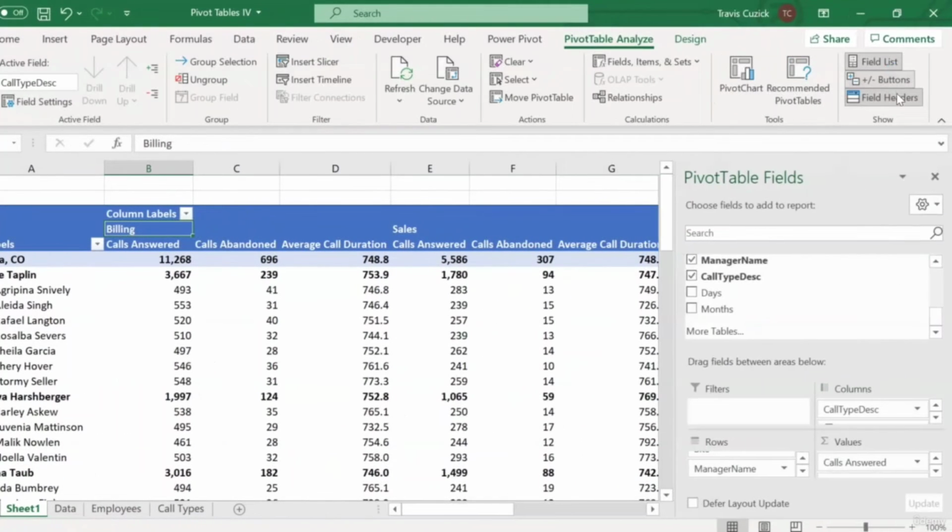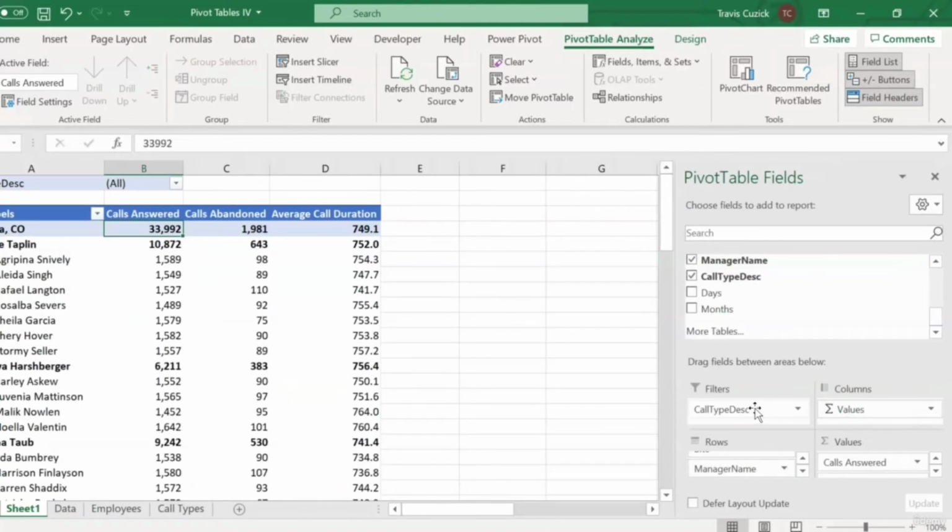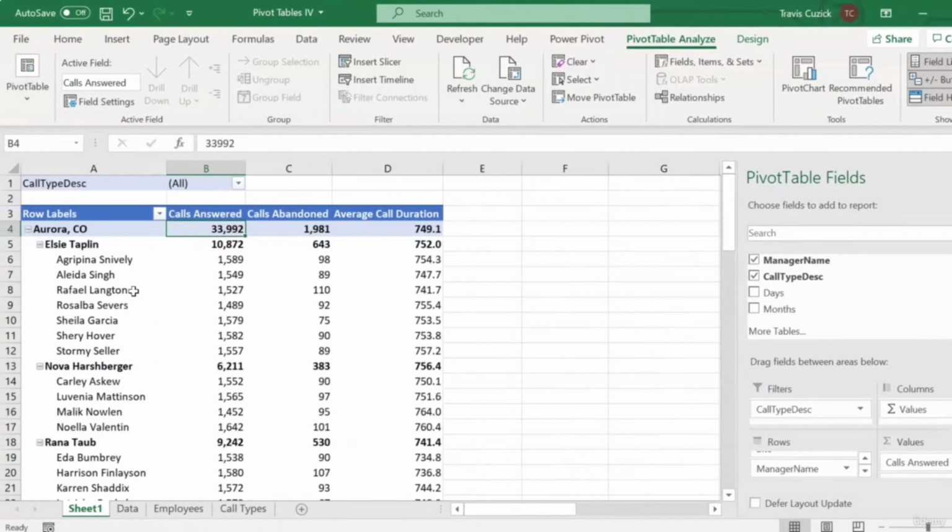So I'll make my field list reappear and then go ahead and move call type description back to my filters area. And now to further demonstrate the trade-off between filters versus row and column groups, I'll move our site field here, which is currently the highest level in our rows hierarchy, to the filters area. So first I'll find it in my field list and then just drag it up under call type description in